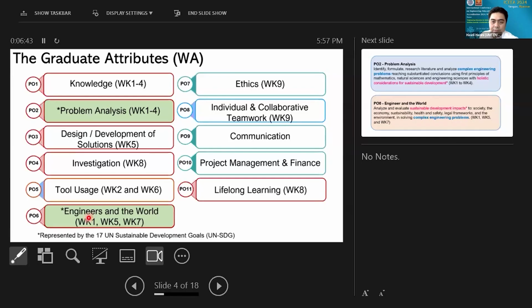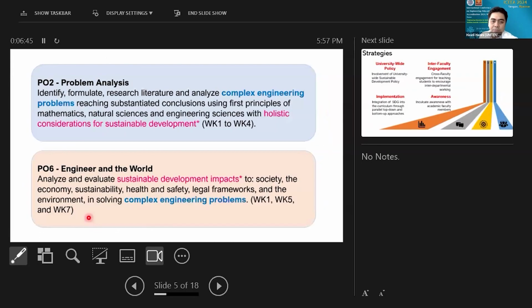So the question is, how are we going to make sure that in terms of our delivery and our assessment, we are able to at least train or test the student, as long as they are able to relate PO number 2, which is on problem analysis, and also PO number 6, which is on the engineer and the world, with the SDGs, or with any, probably not all, but some or more than one of the listed SDGs, whichever is suitable according to their program.